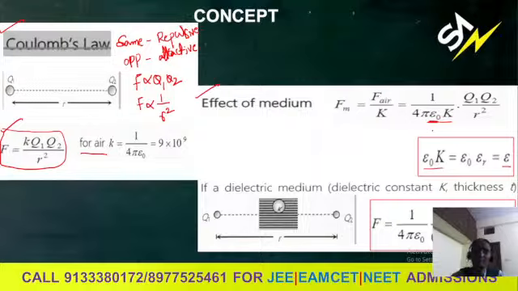If they are kept in any other medium, some constant is introduced between them. That medium constant value is given, you need to take epsilon naught into K. Okay, and one more relation. If a dielectric medium of thickness is given, you can observe this diagram clearly. Two charges Q1 and Q2. Between them,